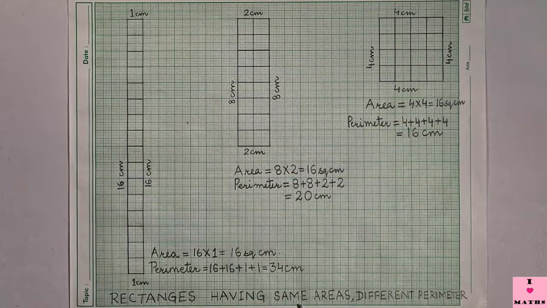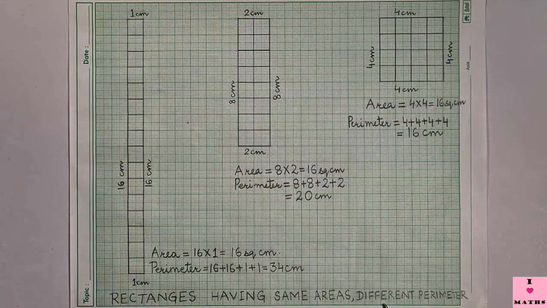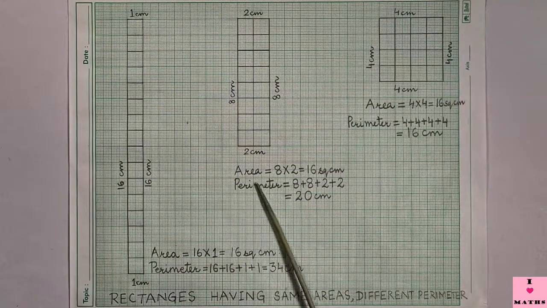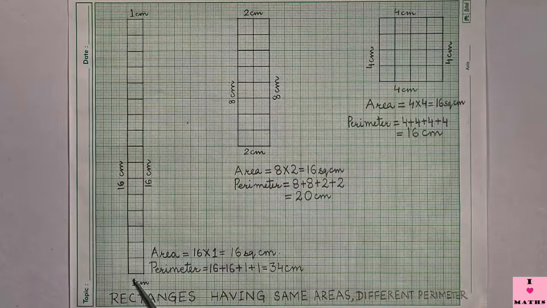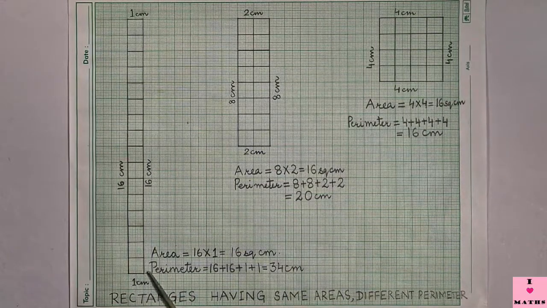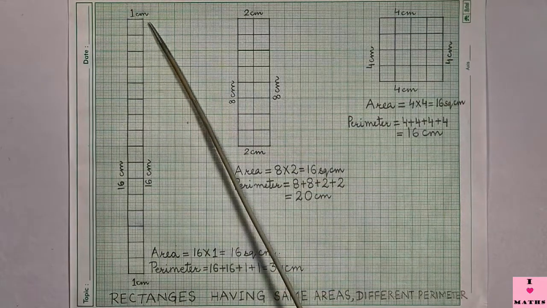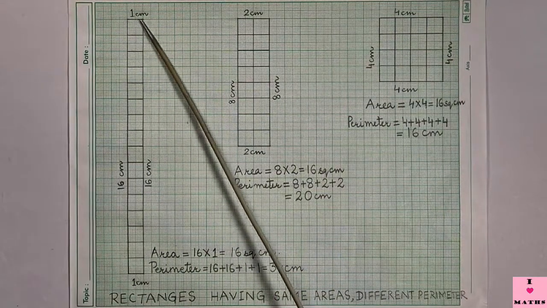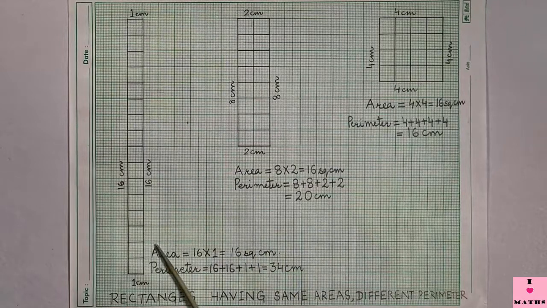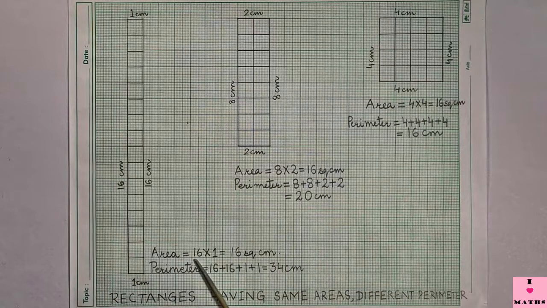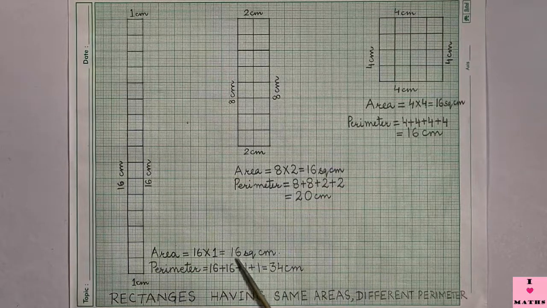Rectangles having same areas and different perimeters. Look at these three rectangles we have drawn. Look at the first one. The length of the first rectangle is 16 centimeter and the breadth is 1 centimeter. So the area of the rectangle is length multiplied by breadth, which is 16 multiplied by 1, equal to 16